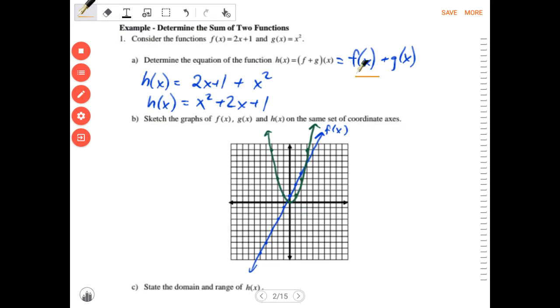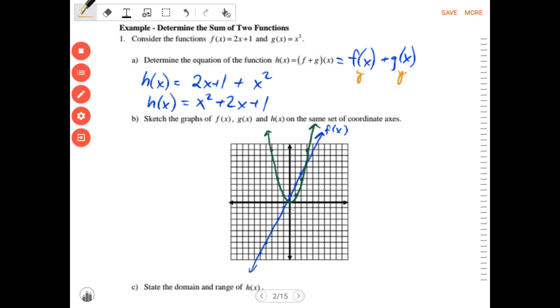Now remember, f of x is just typically a y. So g of x is also a y. Okay, so really what we're doing when we get h of x is we're just adding the y coordinates of the two functions. Okay, so if we do that,